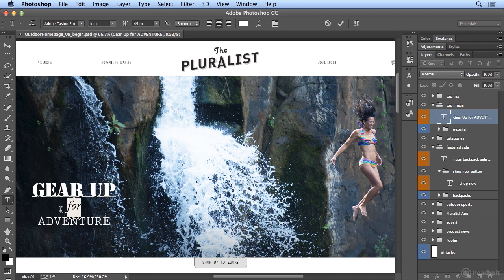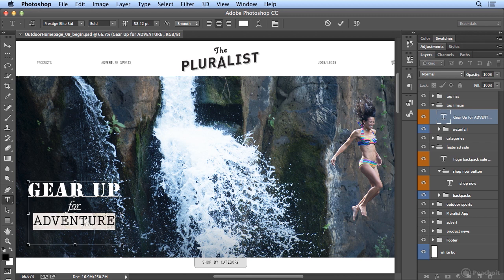on the Mac. If I wanted to space out this gear up text, Alt right arrow is tracking, or on the Mac, Option right arrow is tracking. And if you wanted to adjust the space between 2 characters, for example, in between the F and O in 4, this is known as kerning, Alt left arrow or Option left arrow to tighten. And I'll finish this off by double-clicking on Adventure and hitting Command-Shift, period or Control-Shift, period to make